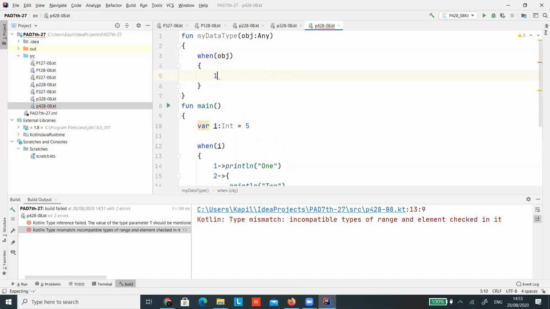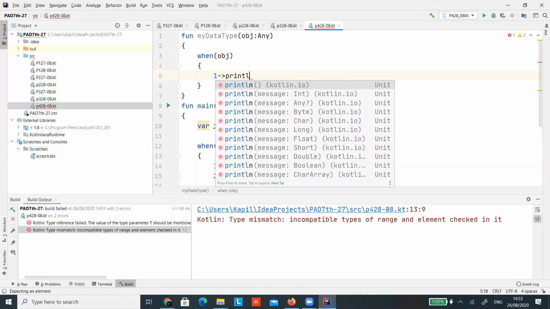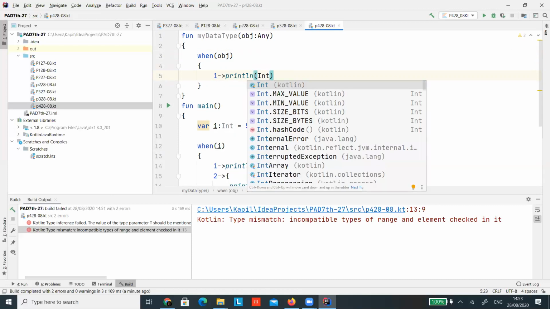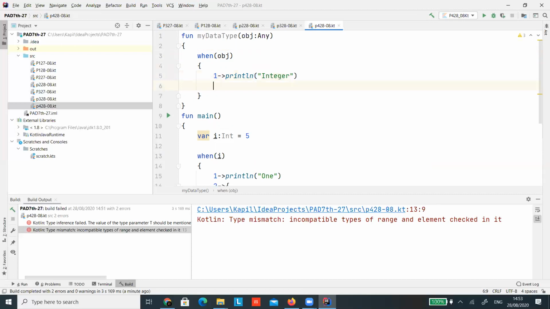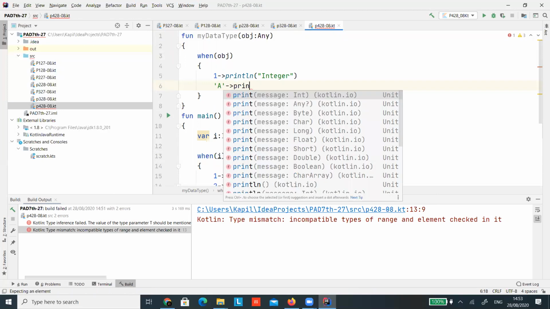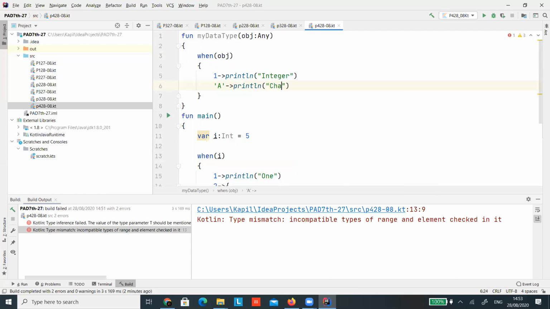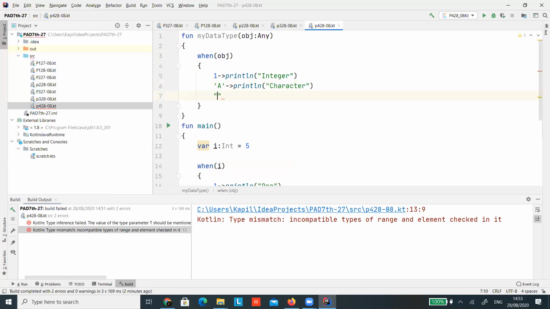So if there is a 1, we will write println integer. Same way, if there is a character, suppose A, then println string.